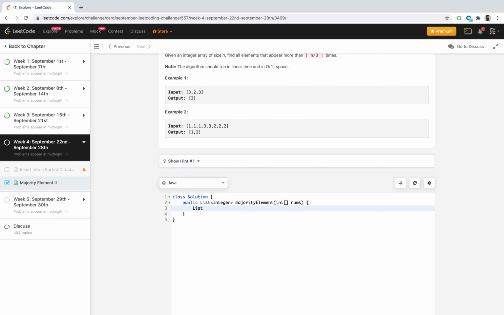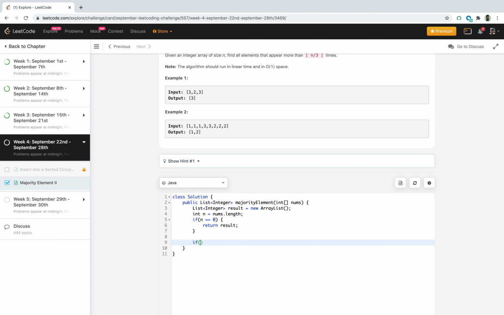First I'll initialize one result variable. If n equals 0, meaning our input is empty, in that case we will return the empty list.